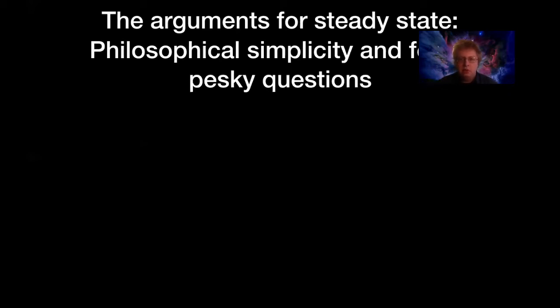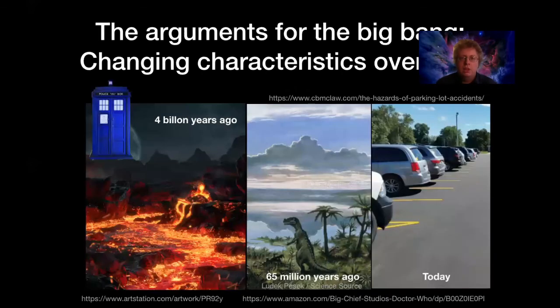The steady state model circumvents all of these questions because it's far simpler conceptually to think about the universe having always been there and always will be there. We just happened to come along when we came along. So while perhaps this is not necessarily scientific proof, this was a good reason for the people who believed this model to hope that it was right, because it would circumvent a lot of the questions that would come about from the Big Bang model. So that's the argument for steady state.